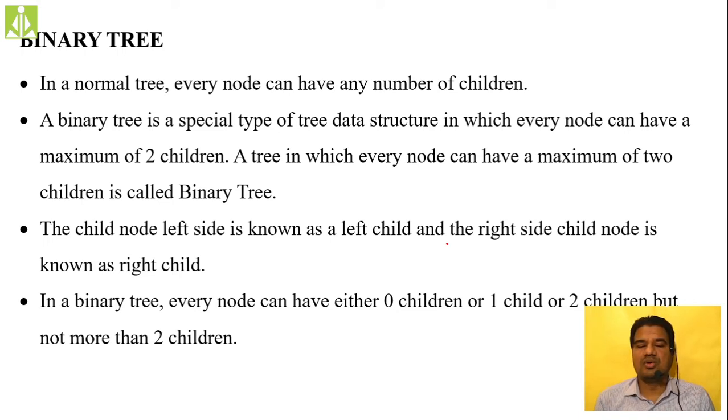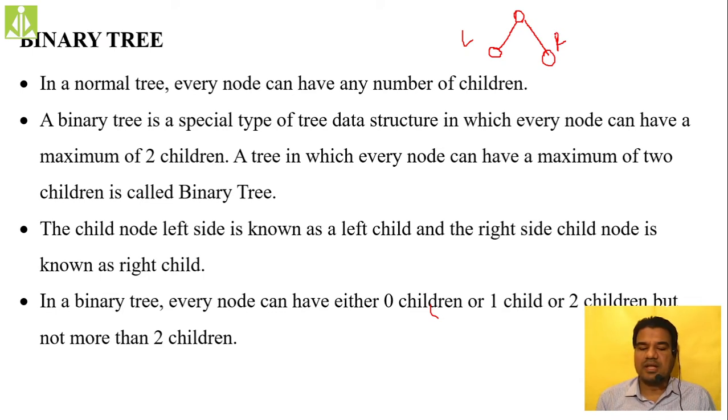If you consider a particular node, the left side node of that node is considered as the left child. Suppose we have a particular node like this, and you are considering this node, the left side node of this particular node will become the left child of this node, and the right side node we call the right child. So this is the left child, this is the right child, like that you remember.